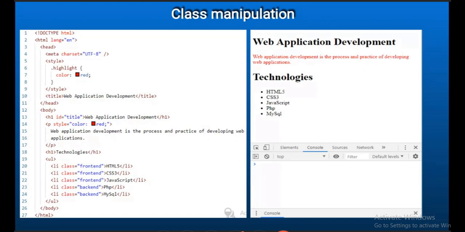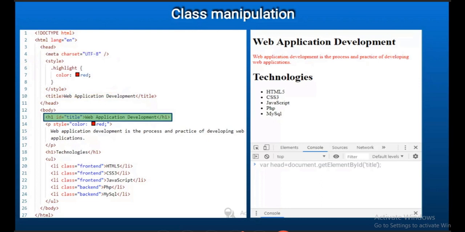On the left side there is a small difference in the source code from the previous one. Here I have added a little bit of style, highlight red. Let's see what happens.